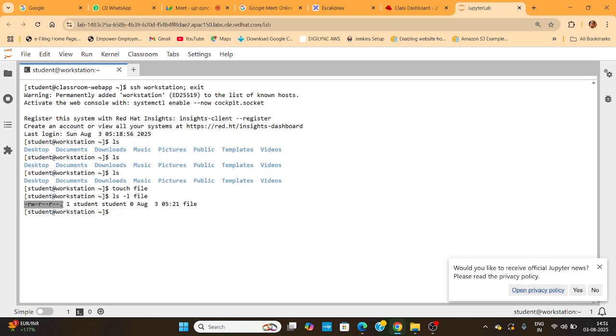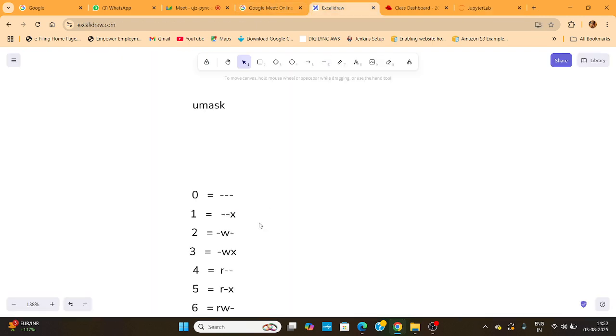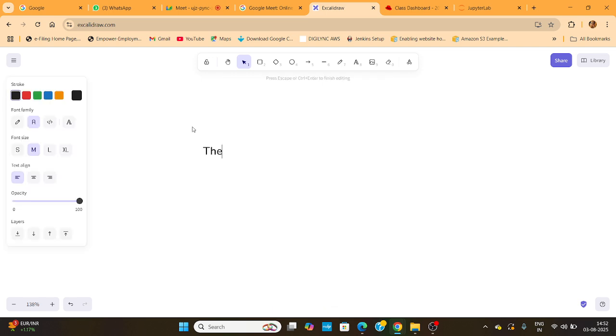So how does this default thing happen? About umask, you can type the command umask. This is the default umask value, 0 double 2. Take the last three digits only. The default permission for a file